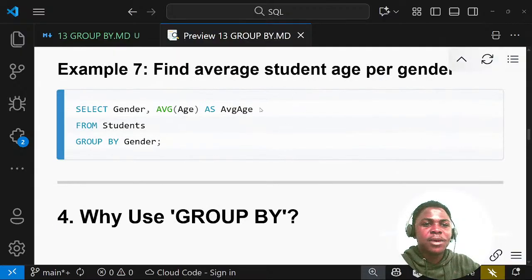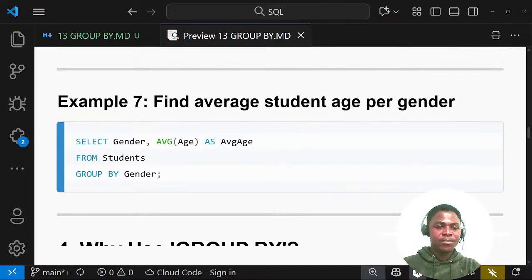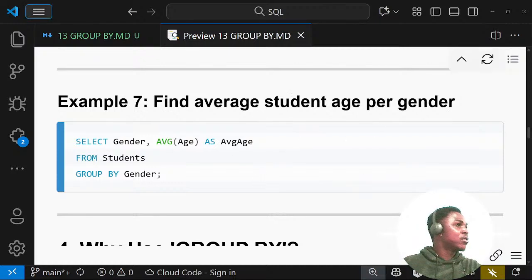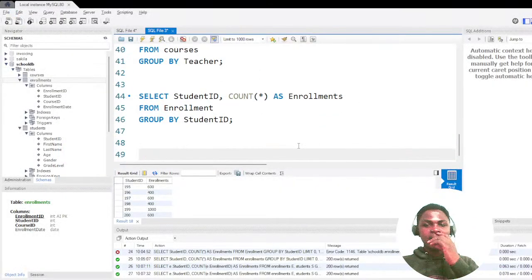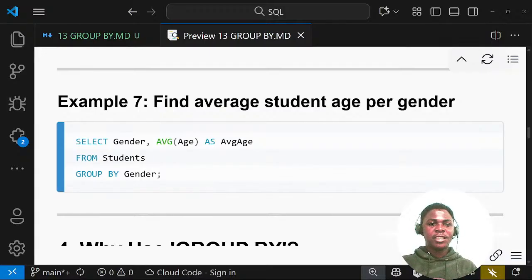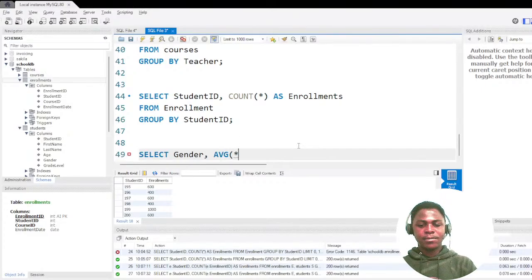Then quickly, find the average students per gender. Let's get all these small things; doing it over and over again makes you better. Let's find the average students per gender. So we are going to select, of course, per gender. You know that we are grouping by what? Gender. So select gender, and average is AVG, right? Of everything, students as